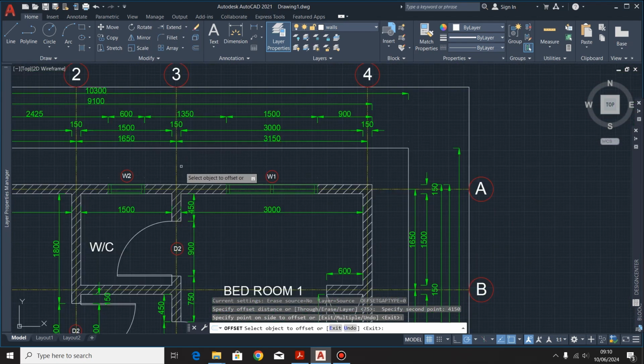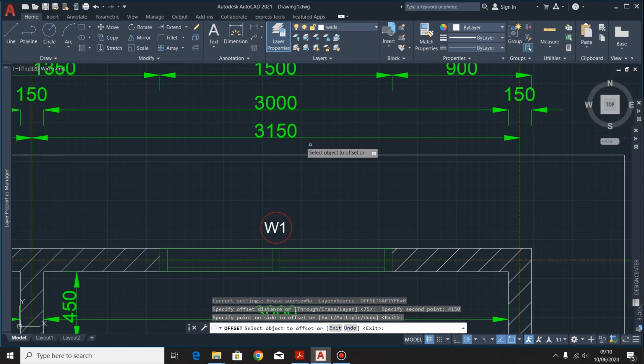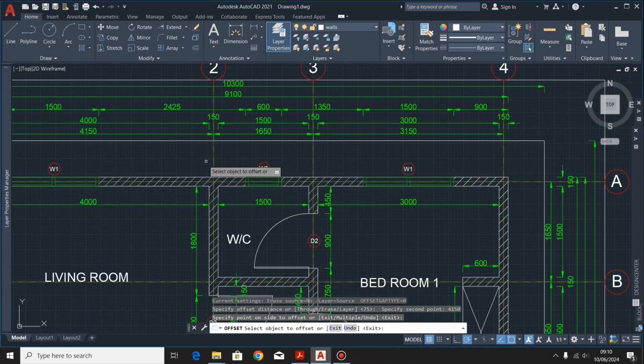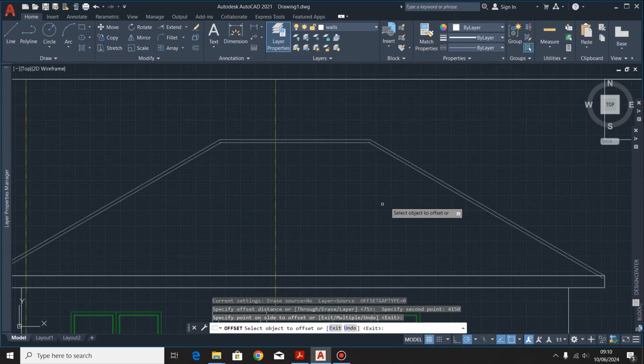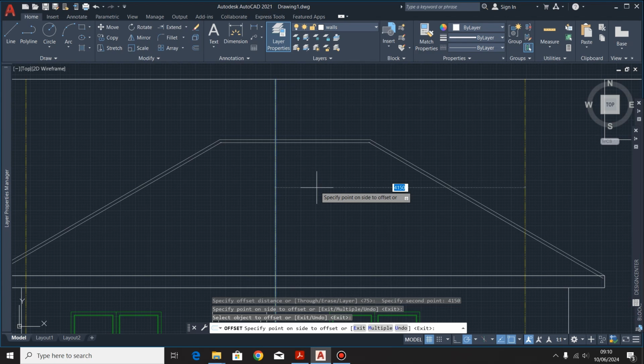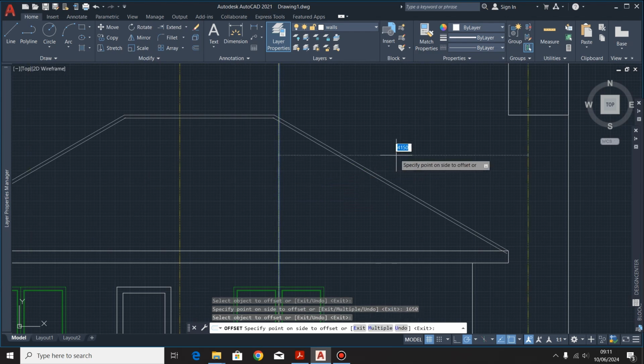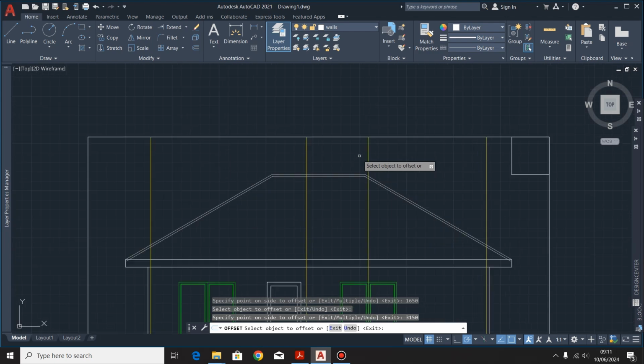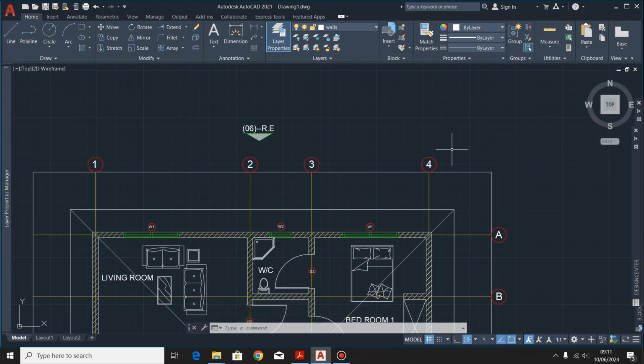Then lastly, the distance between this grid line and this grid line is 3150. So this is what I'm going to show you right here. So I'll click at that line, then I'll offset it at a distance of 1650 right there. Then lastly it was at 3150, which is right there. So I'll just copy these tags,